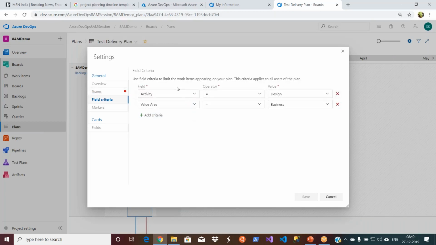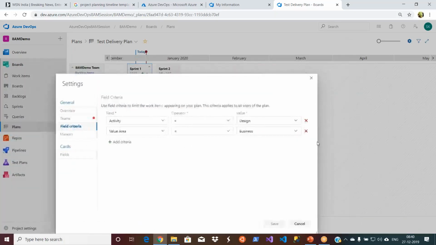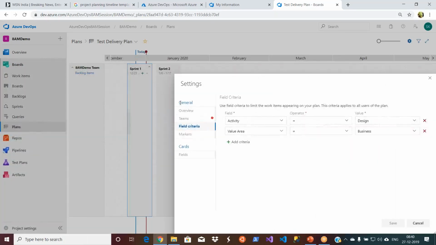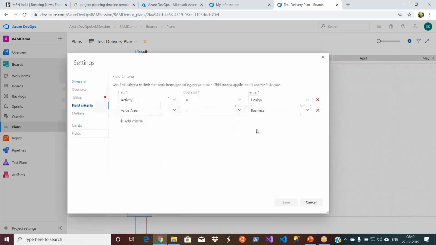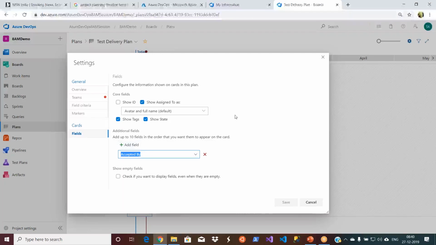There is one more thing. You can choose what to be displayed in this pane. You might want to display only design related activities or business related activities. You see, these activities we choose when we are creating the work items, like features, right? Those things can also be configured. You can play with this. This is ready to use kind of stuff.